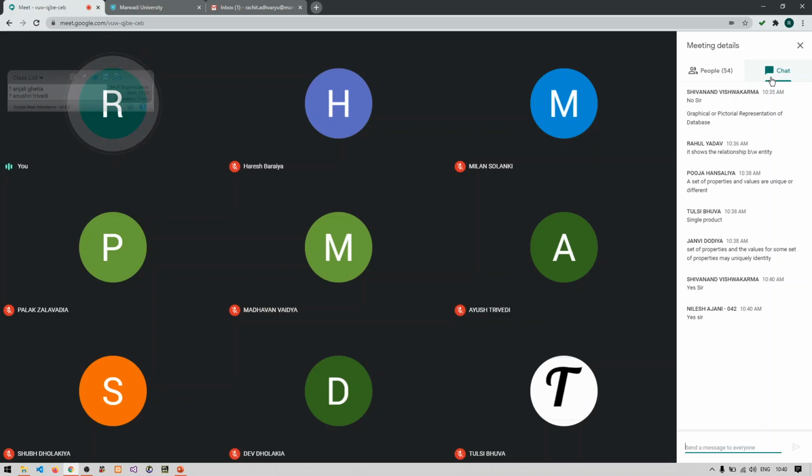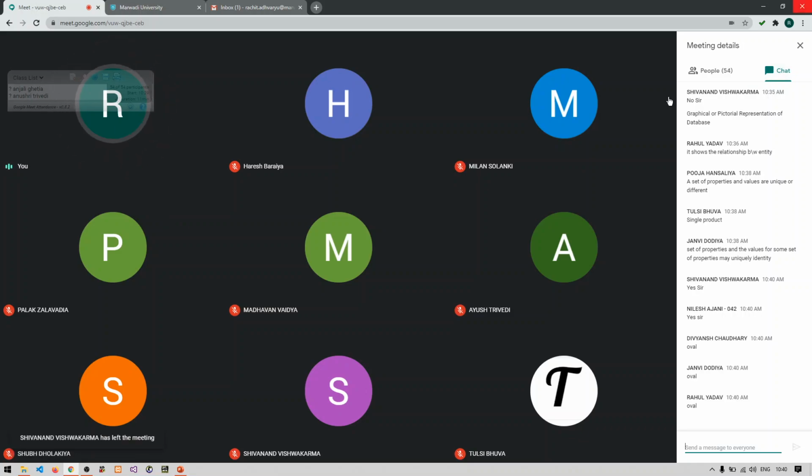So all these are known as the properties or attributes of ER diagram. And it is symbolized by which symbol? What is the symbol of attribute? Oval shape or ellipse, I can say.